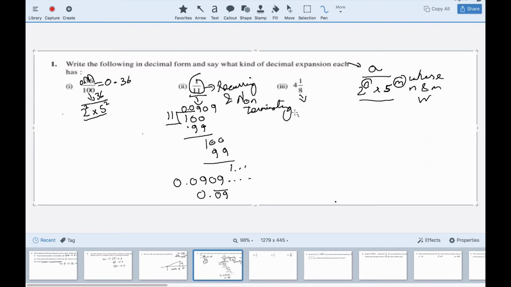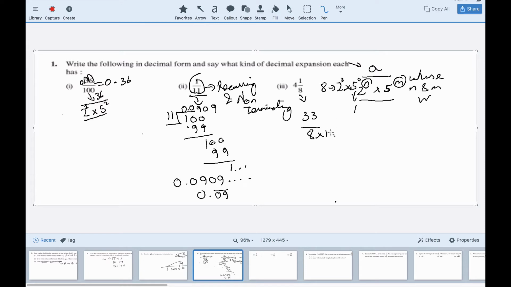Similarly, this for 1 upon 8. Now I know that 8 can be written in the form of 2 raised to power 3, and with that I can think that 5 is there with a 0, because anything raised to power 0 is 1. So it must give me a terminating decimal expansion. I can change it to an improper fraction. 4 into 8 is 32, plus 1 is 33 upon 8, which gives me,